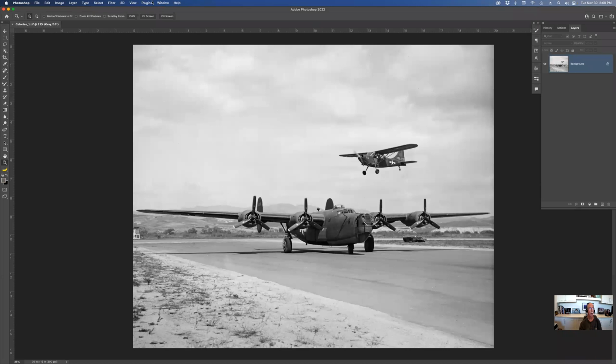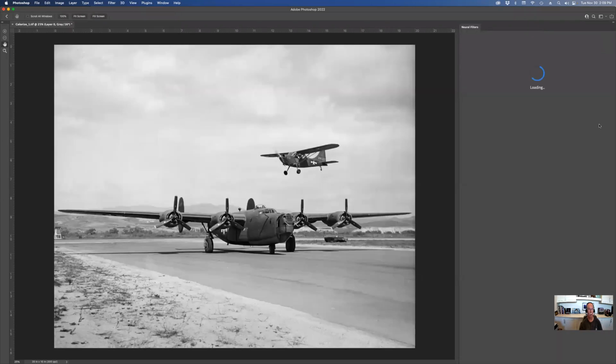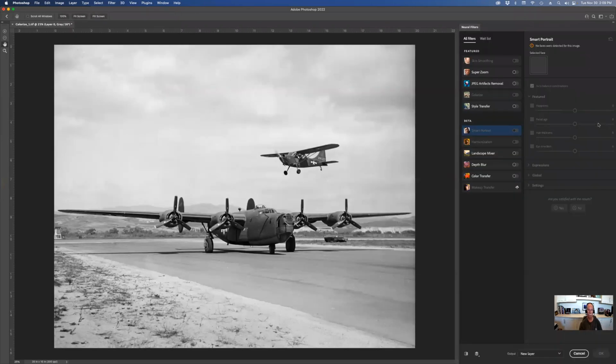This one is kind of fun. It's getting there. It's not quite there. So I'll go to Filter, Neural Filters, and I'm going to go to Colorize. And when it does the colorize, you can see it's grayed out. And there's a reason why it's grayed out, and I left it that way on purpose. It will not do anything while it's grayed out because it is in